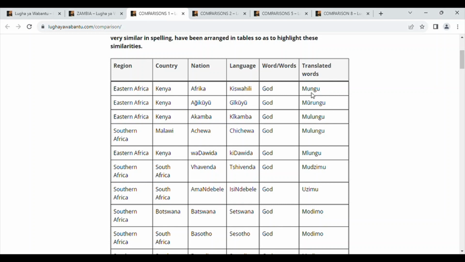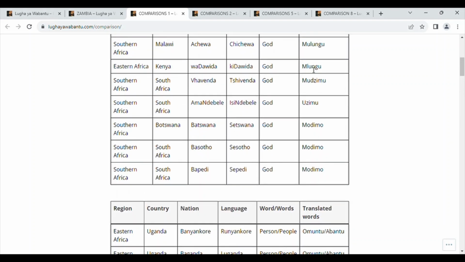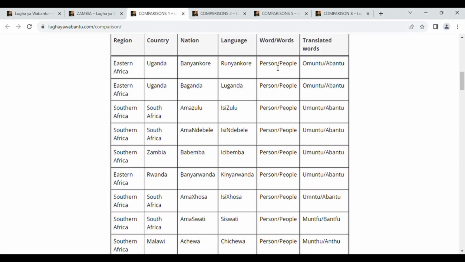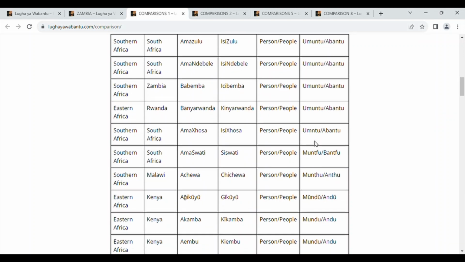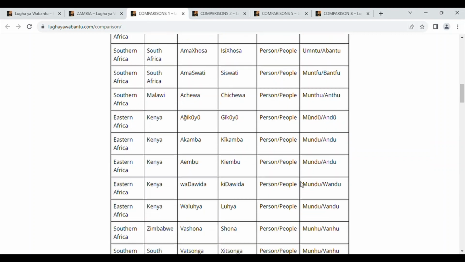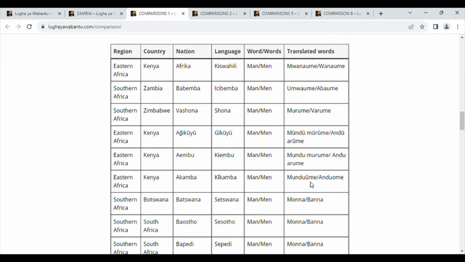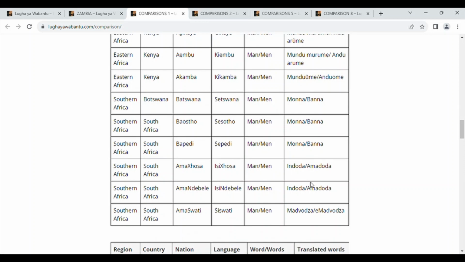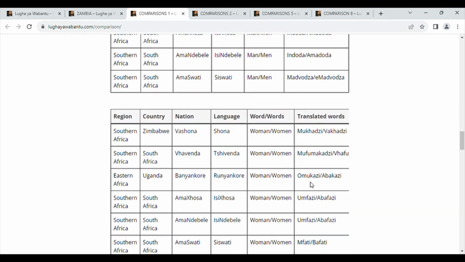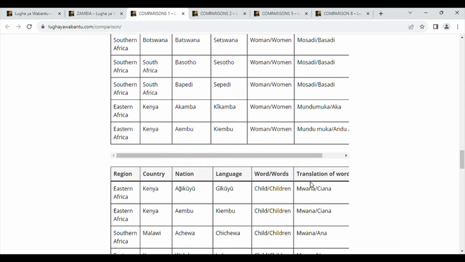For example, Kiswahili, you can see the spelling of God, and the word is Mungu, and then the spellings in the other languages are quite similar, but they begin to change once you get to Southern Africa. Again, here, the word for person and people, you can see it's similar in terms of the spelling and possibly the pronunciation, but once the audios get added, you'll be able to hear that for yourself. Again, you can see the words begin to vary and change along the way, but they're still words to which it is similar. Now, this is not to say that the Bantu languages are all mutually intelligible with each other. This is just highlighting the similarities that are there.